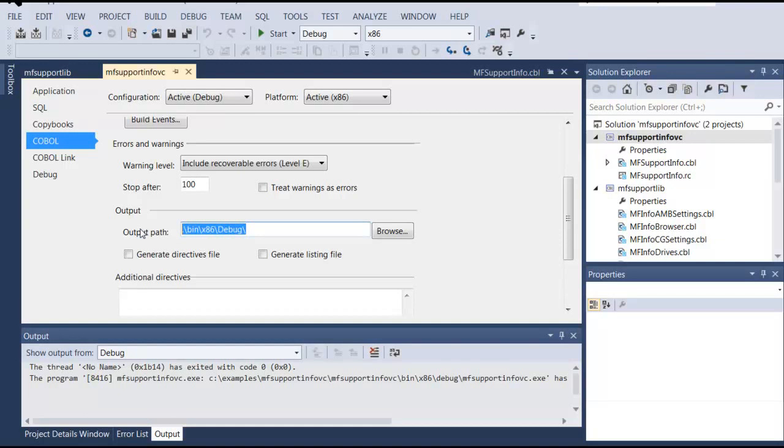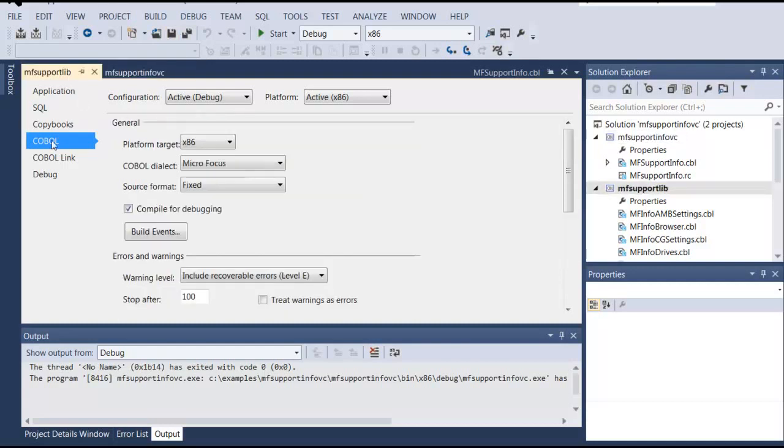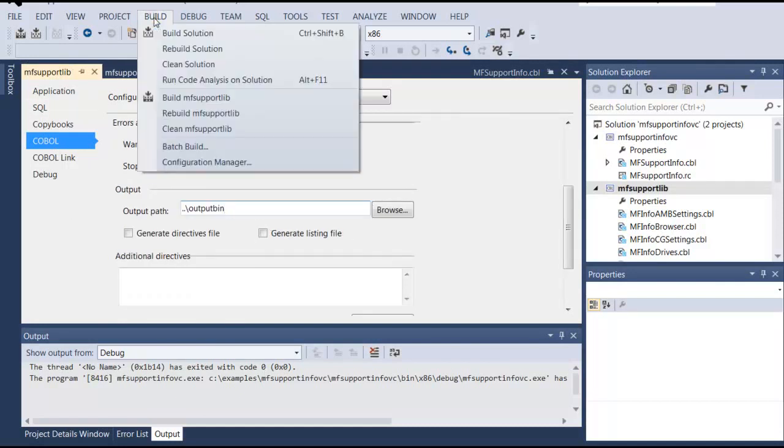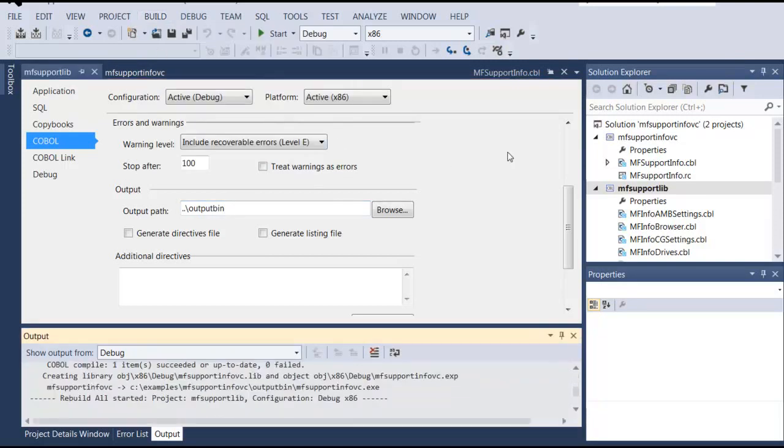And you can do that because of the level that these projects are on. We could put the output folder relative to the solution instead of to the project, which would be to do .. and then give it a name. I'll just call it output bin. The .. means to go back a level from the project, which is the solution folder. So if we did this for each of these, they would be pointing at the same folder. And if we did a rebuild,